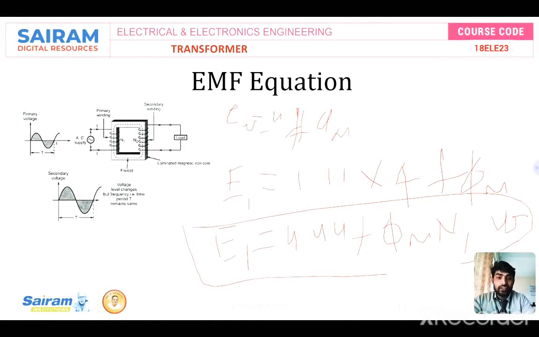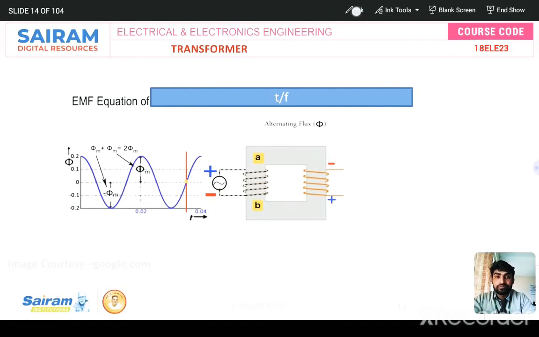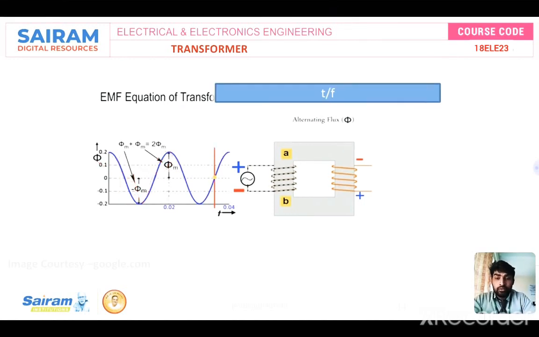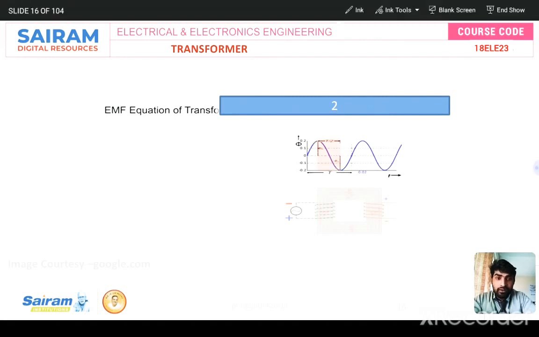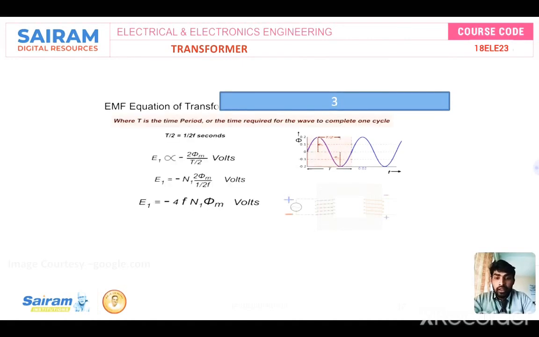deriving this equation, okay? I'll just take the EMF equation once again. See here, this is the waveform. Here the maximum flux is phi m. So this phi m and this phi m, total 2 phi m, okay? I have taken both this phi m and this phi m, total 2 phi m. And I considered T by 2 seconds, not T by 4. In this derivation, I have taken T by 2. So I'll just take this part, T by 2 seconds.